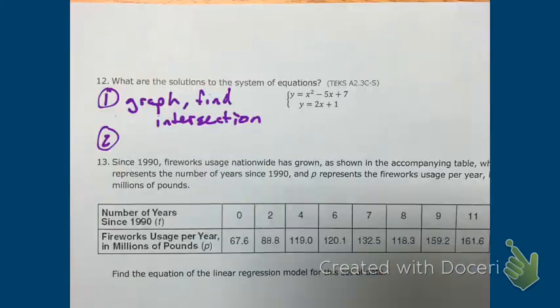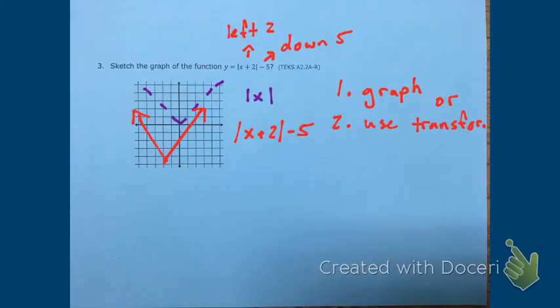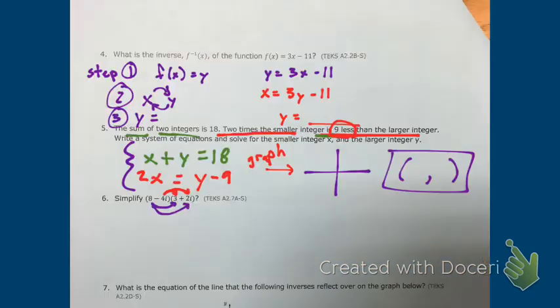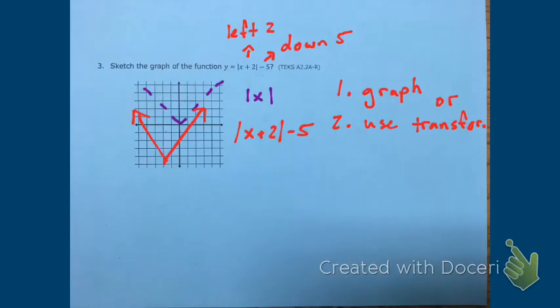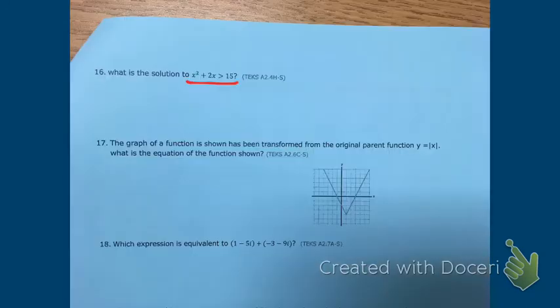For 17, if you want to look back at number 3, it's very similar to number 3. Your parent function is that purple equation. So on 17, if our parent function is the absolute value of x and we start right here, think about how much we move down and how much we move to the right, and that's going to be